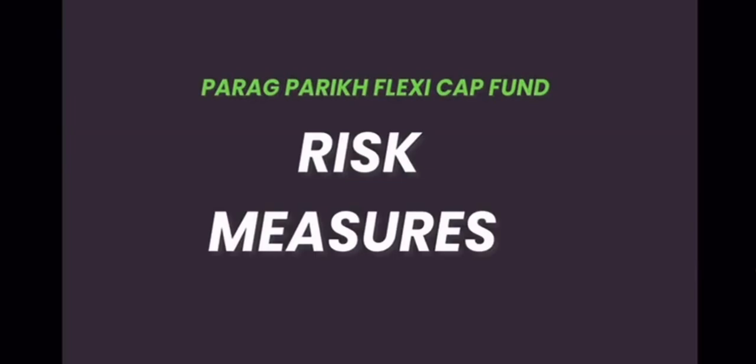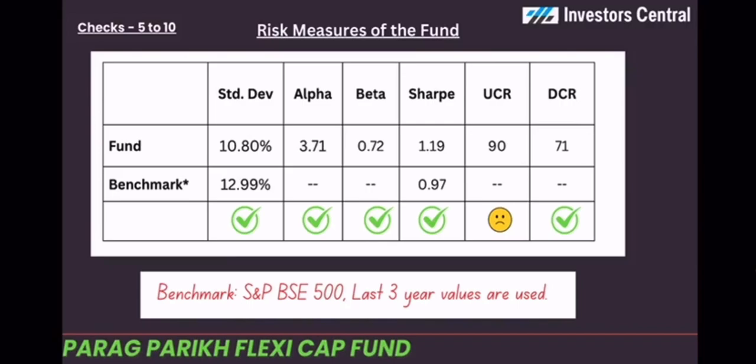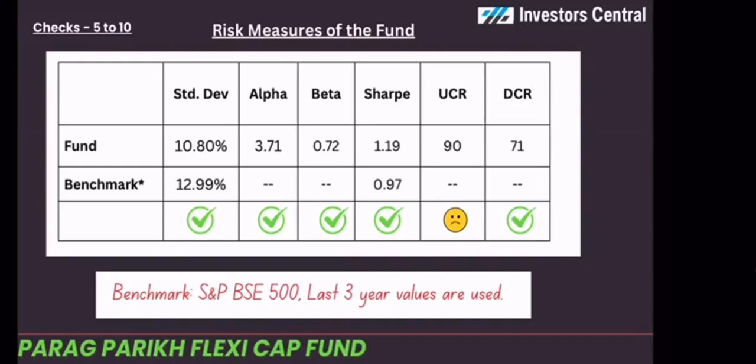Coming to the risk measures of Parag Parikh FlexiCap fund, the fund has lower standard deviation than the benchmark, which is very good. Alpha is more than 1 and it is at 3.71 for this fund. Another good thing is here, beta of this fund is 0.72, which is less than 1. So volatility in this fund is also lower. Coming to the Sharpe ratio, which is a risk adjusted return measure, here also the fund has good Sharpe ratio